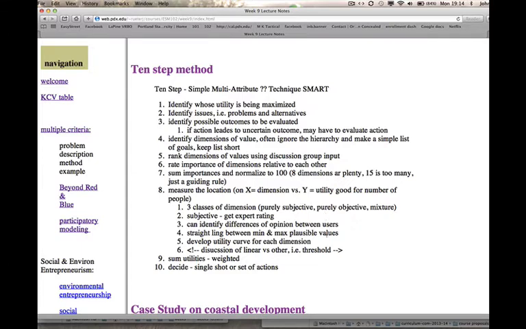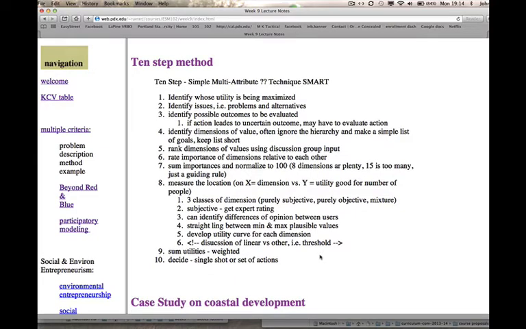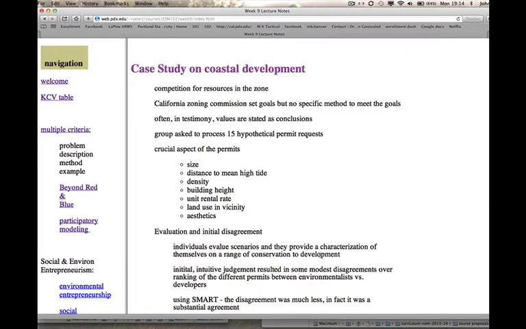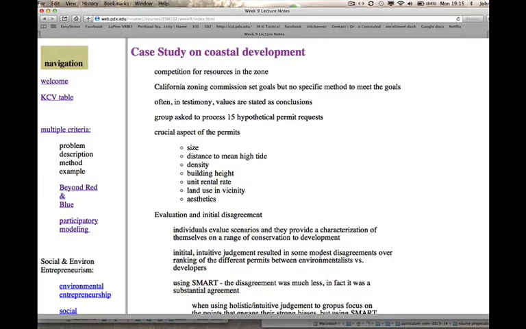Okay, so let's just look at this. I don't want to go through all of these right now. You can read through these and see these steps. But what I want to do is just give you a case example of how this worked. There was a case of a coastal zone development, and they had this competition for the resources in the zone and what they were going to do with that. Were they going to put in a hotel and a parking lot, or were they going to have some natural area? And what they did is they had a group, just to do a study on this,